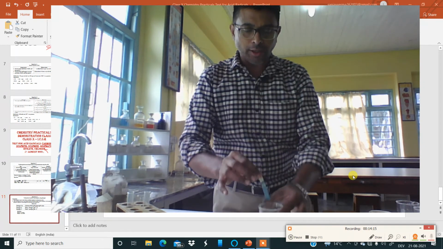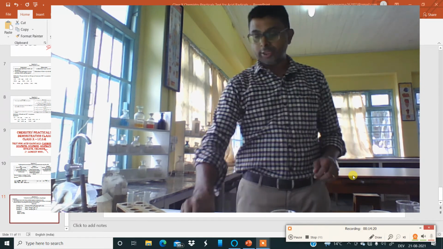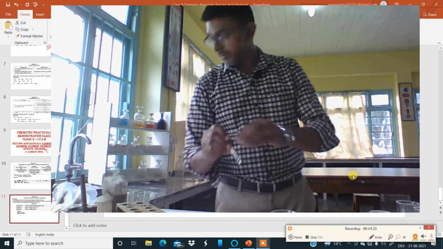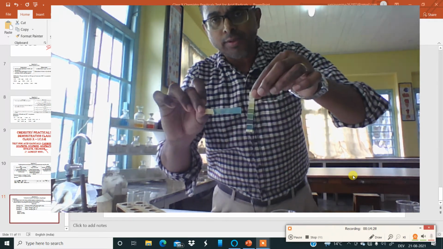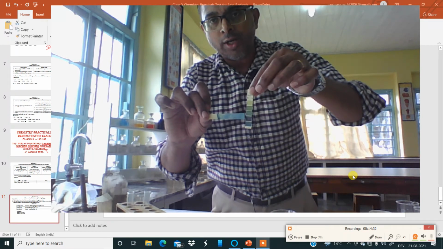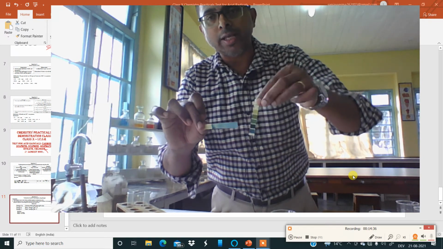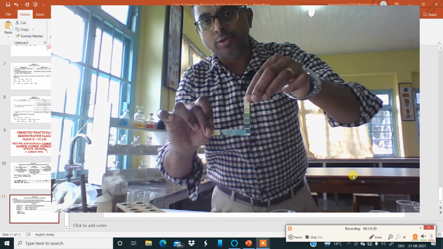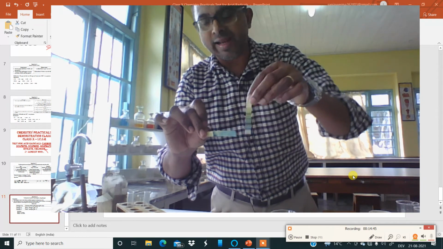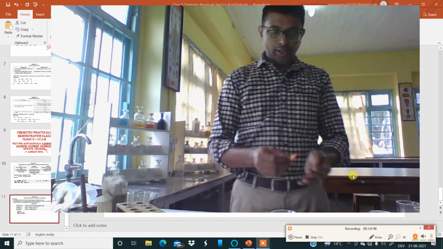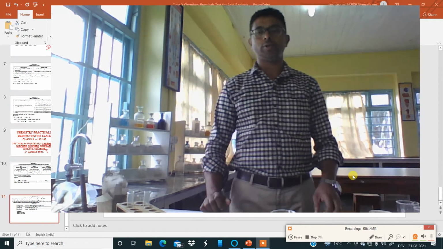So this completes your experiment number 19. Yeah, this has to be matched on the strip as well. If you look at the strip, this color I can match over here and get the pH value. It is somewhere close to the bottom one, and the bottom one has a pH of more than 13. So the color is matching. We can say that this solution is highly basic or alkaline. So this completes your demonstration for the determination of pH of different sample solutions.